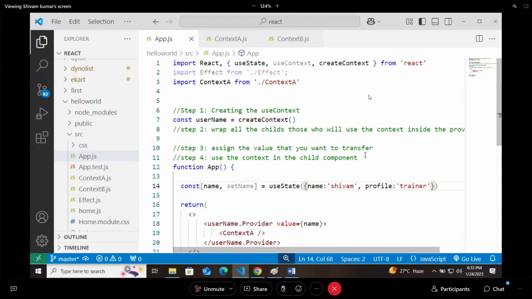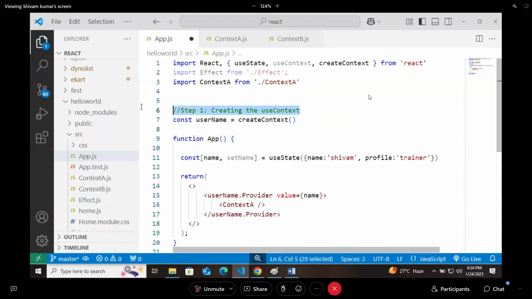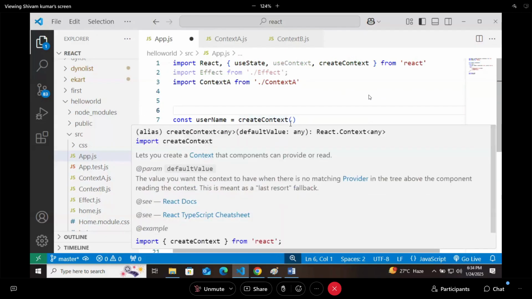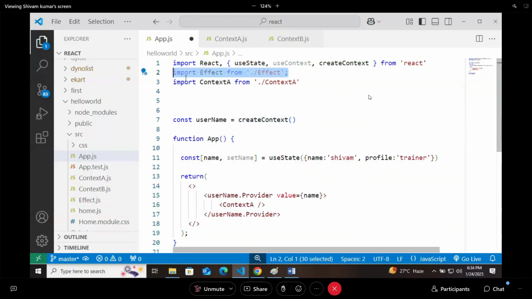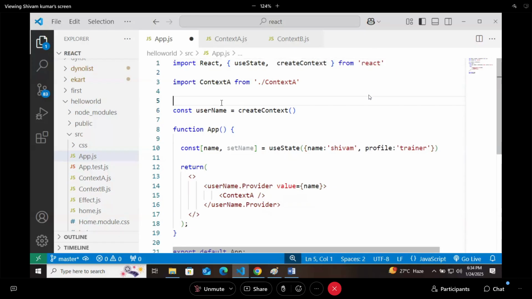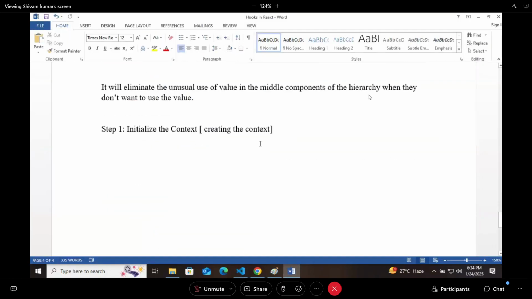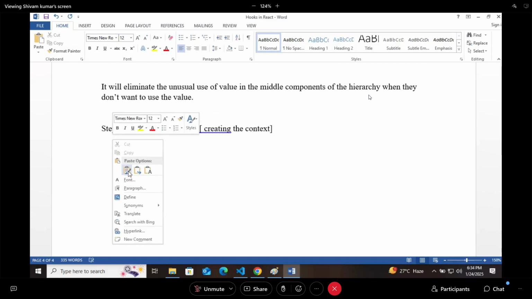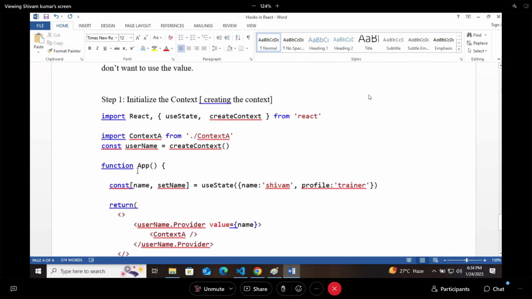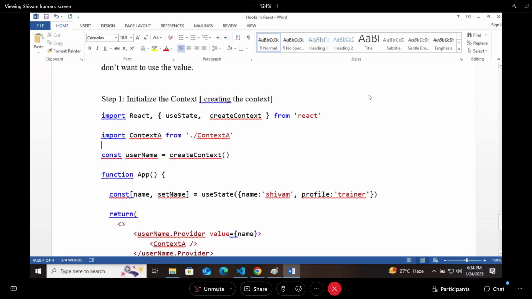For that, let me remove these steps. You need to create the context out of the function body. Don't create it inside a function, because this is a global statement that you need to export. I will paste the source code also. So in step 1, I will highlight that line only in the code here. So this is how you are creating the